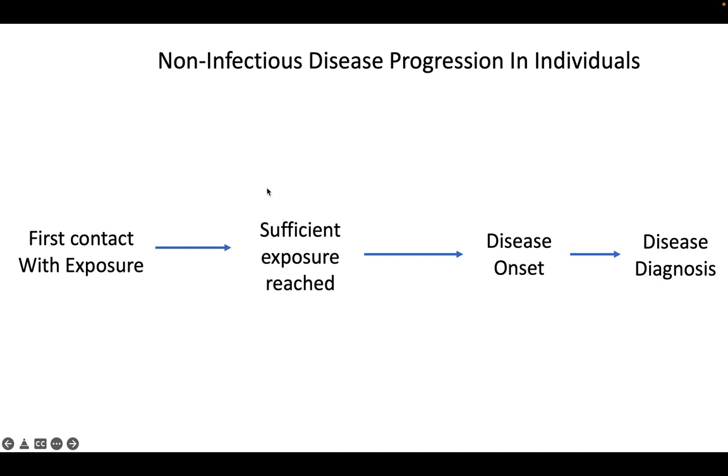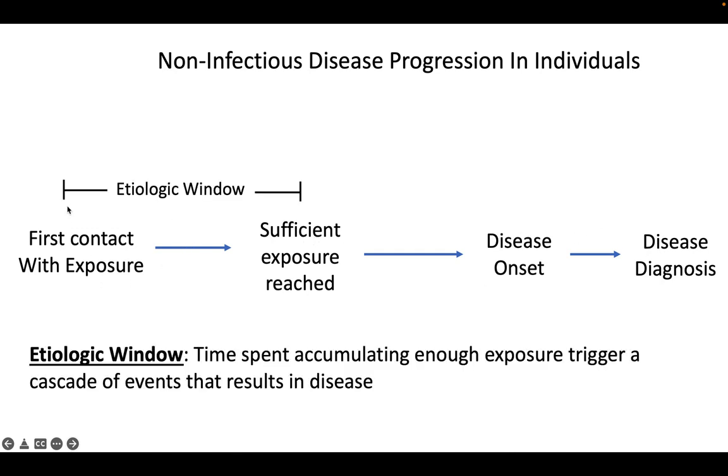But after that 100th cigarette, you're probably not immediately going to have lung cancer. There's probably still some time where you have accumulated a sufficient dose, but you might not have the disease yet, and then there's disease diagnosis. So this time between your first cigarette and when you've had enough of them that you're all of a sudden eligible to have